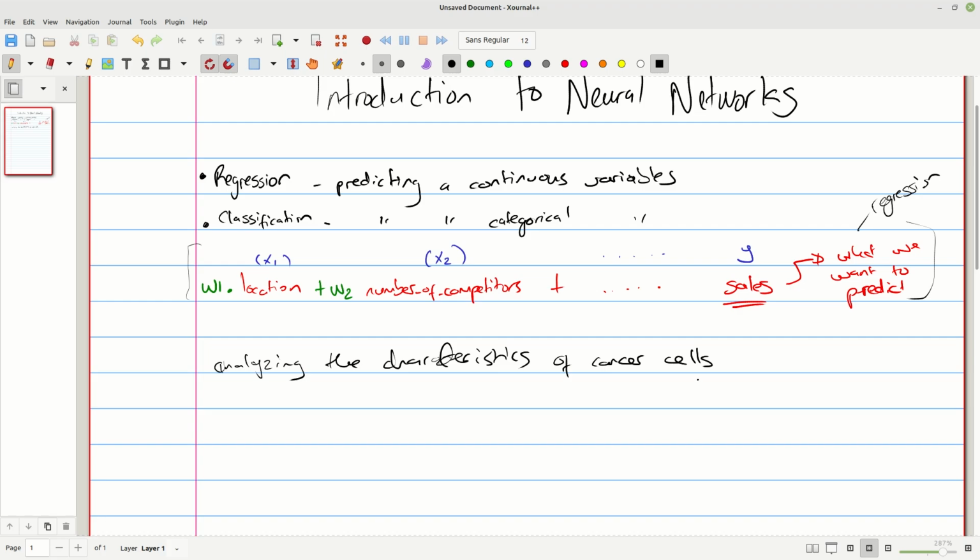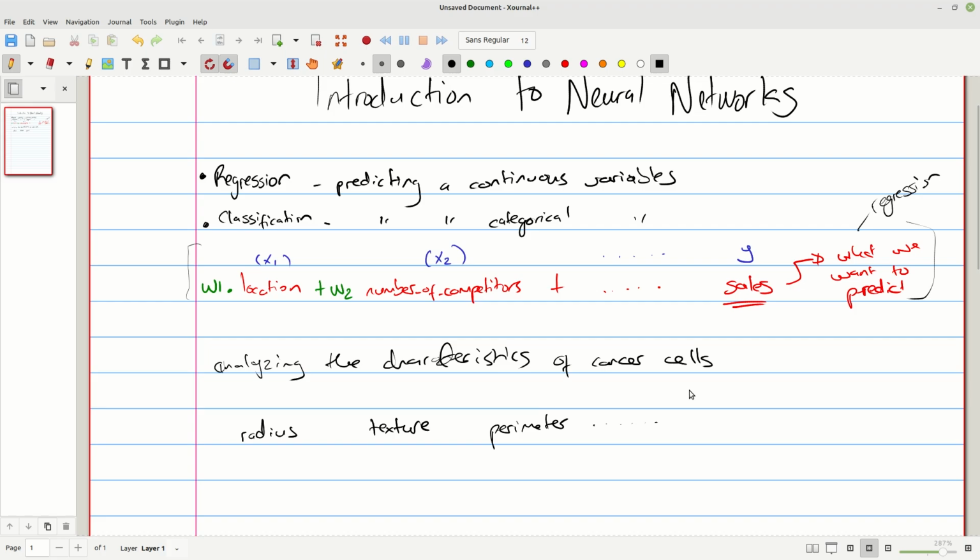What are the things that medical practitioners look at when they are trying to determine whether such cells are malignant or benign? So the first thing is, we can look at the radius, we can look at things like the texture. You'll understand this more when we work with the data set in the next lecture. But I just want to bring about a larger concept here. Maybe we can look at the perimeter and so on, right?